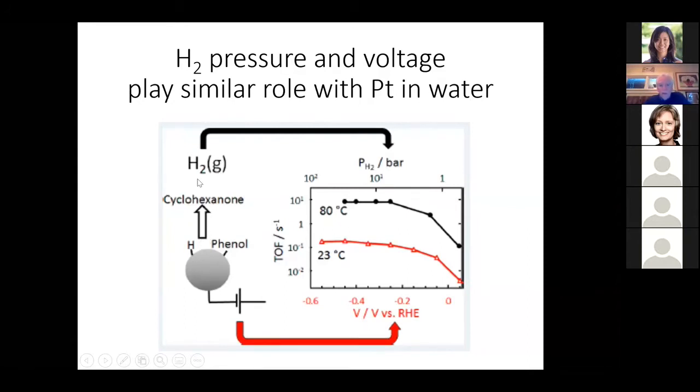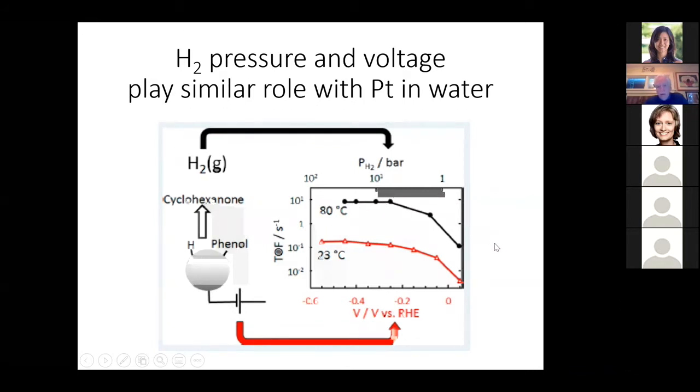simple aqueous phase hydrogenation with dissolved hydrogen gas on the same catalytic materials with the same reactant molecules. And the voltage that changes the potential of the protons, or the chemical potential of protons in the solution, increases the reaction rate in the same way that increasing the hydrogen pressure when you're doing aqueous phase, just normal thermal hydrogenation increases the